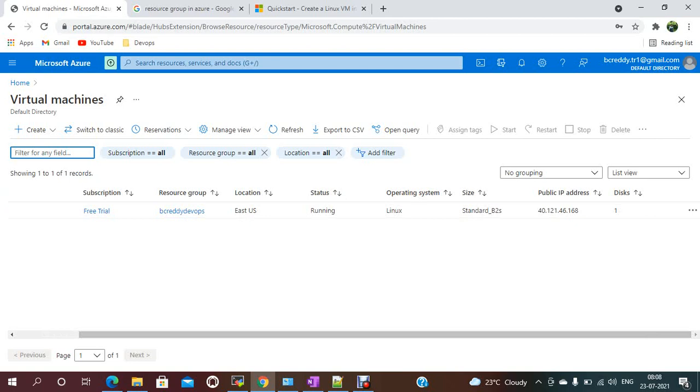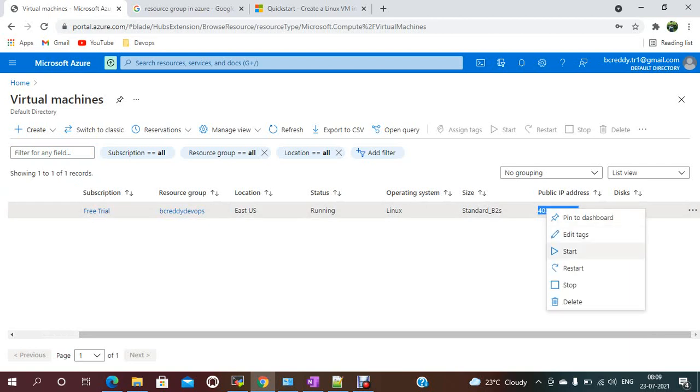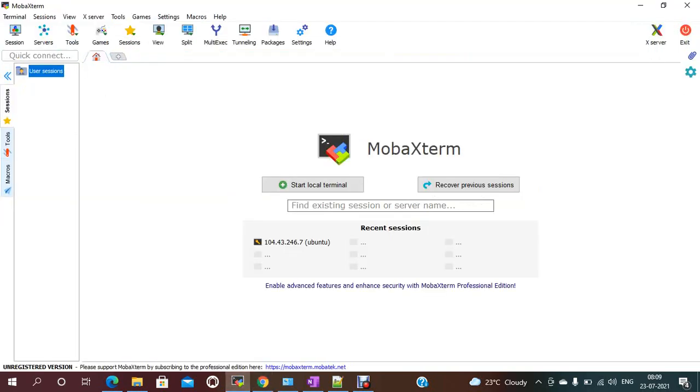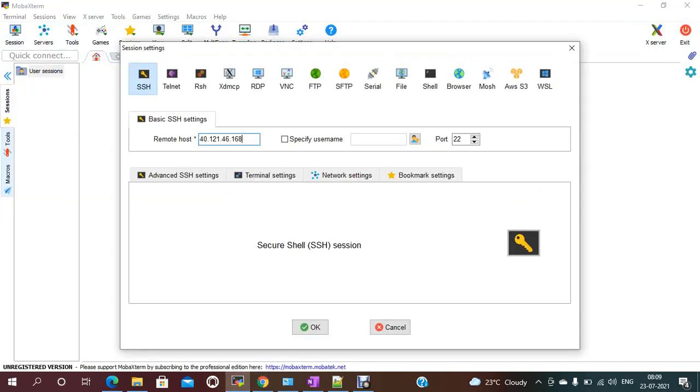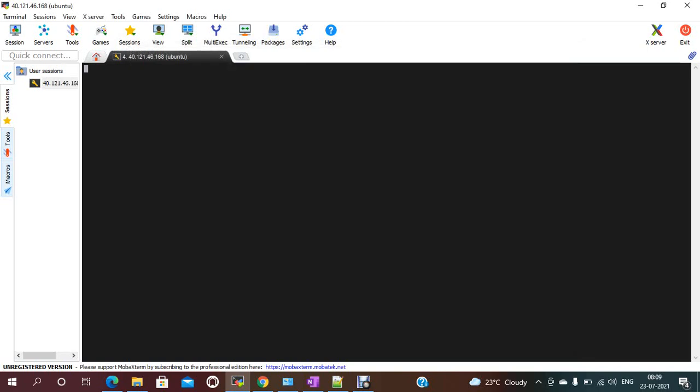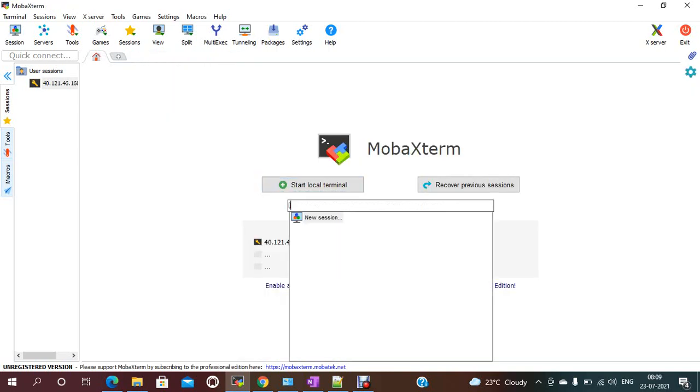Operating system Linux, size. Now I'm taking this IP. I'm copying that IP. The user is Ubuntu. Password, I'm giving my password. Sorry, I gave the wrong username.